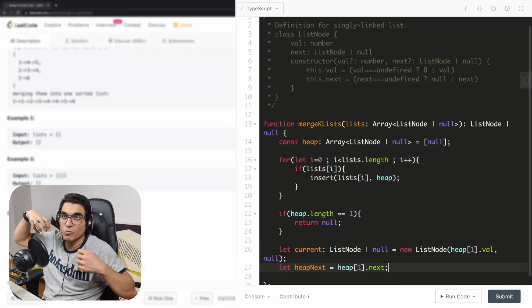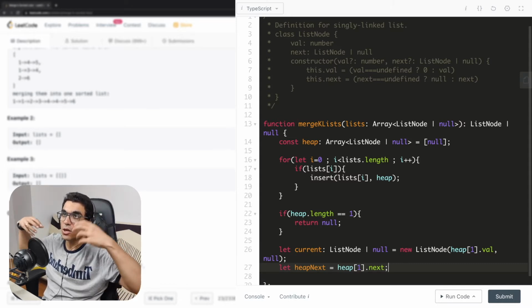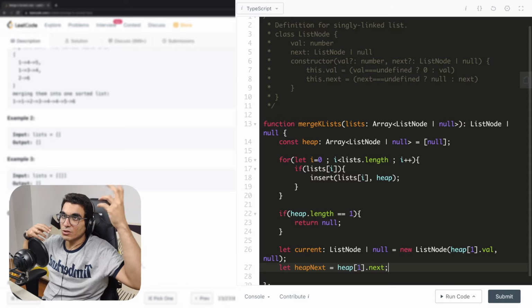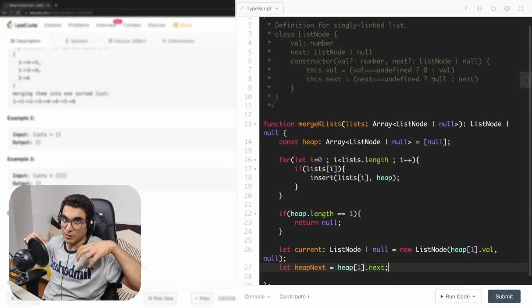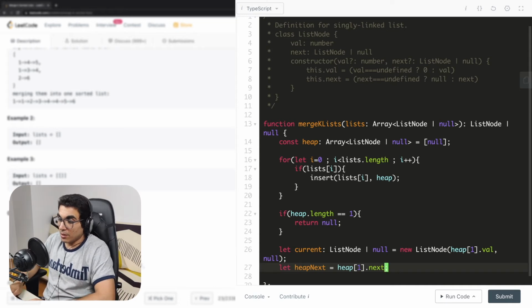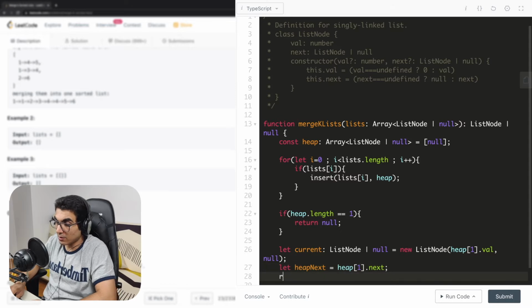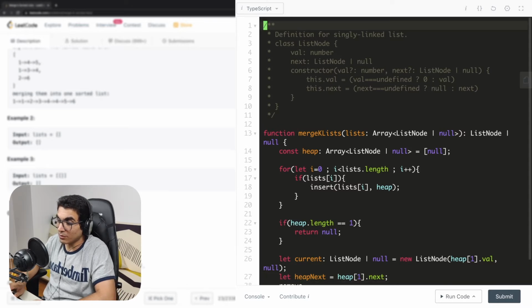We don't want to double check, okay, where was the origin of it, so that we could add the next item from that list into the heap. So next heap, the first item references the original list next, and now that we have that value,